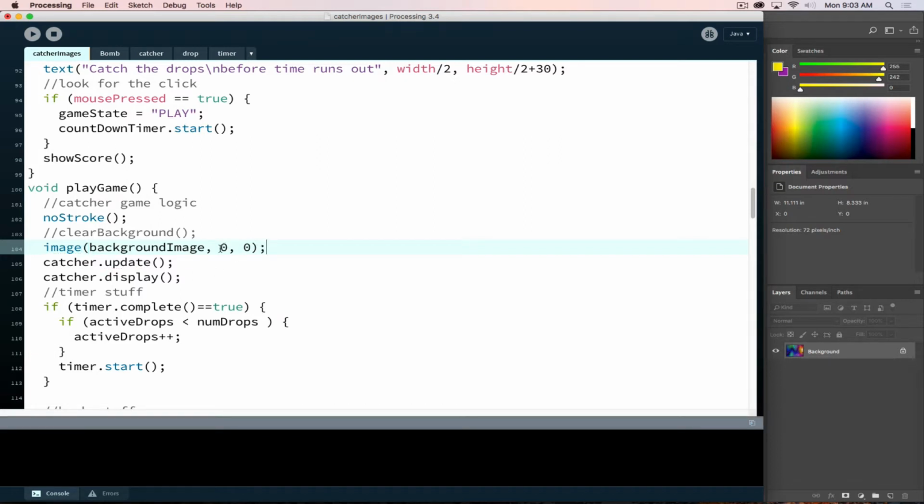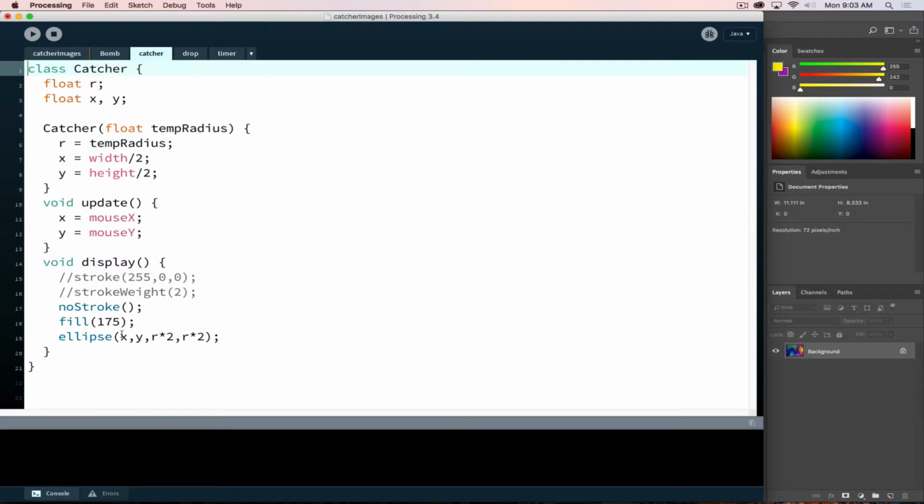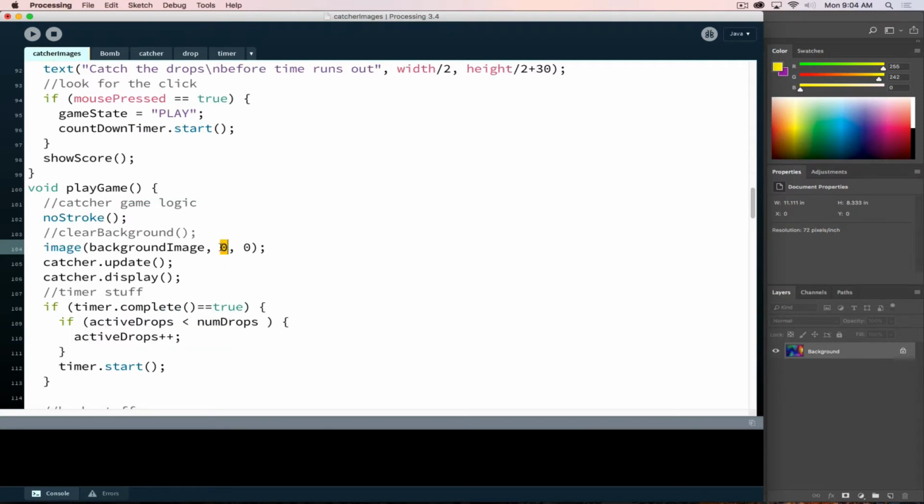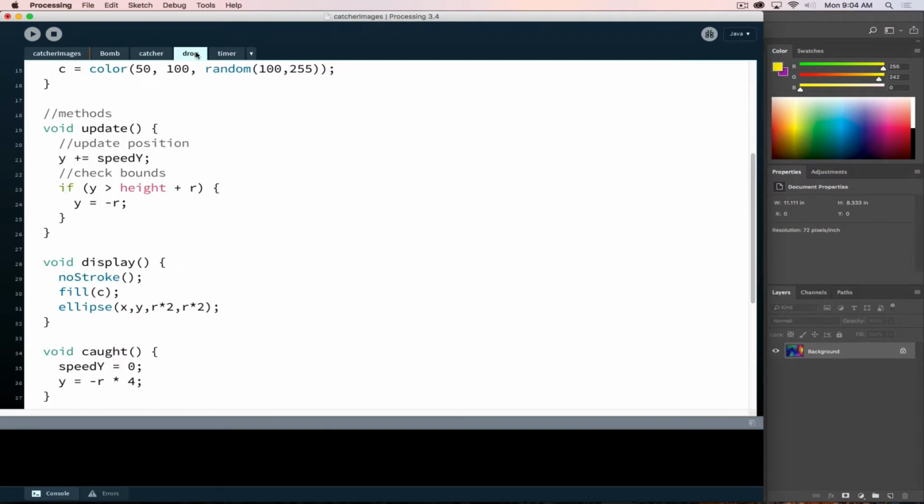positioned on screen. So that's important because when we load an image for, say, our catcher or the drop object, instead of using 0, 0, we will be using X and Y values. So inside of catcher, eventually, instead of drawing an ellipse, we will say image, the catcher image, comma, X and Y. Same thing for the drop objects. Instead of using ellipse, we'll say image, drop image, comma X, comma Y, and then that will draw them at